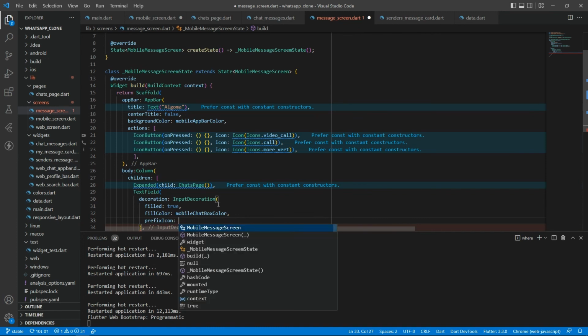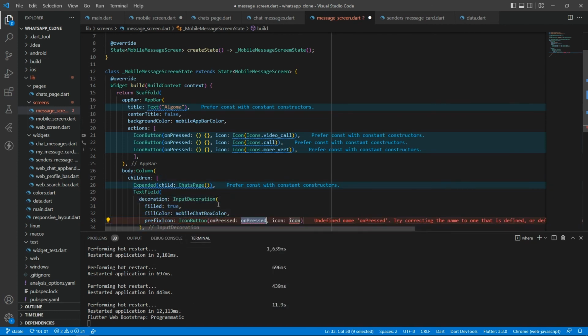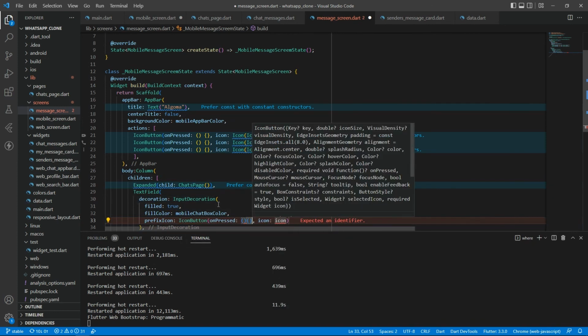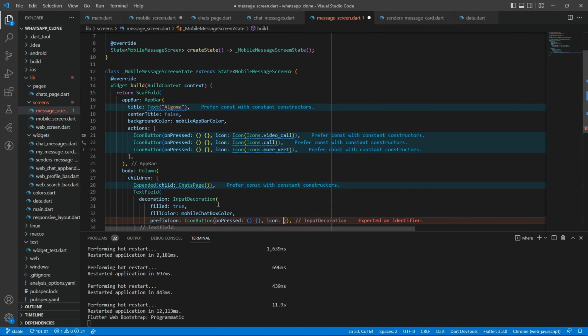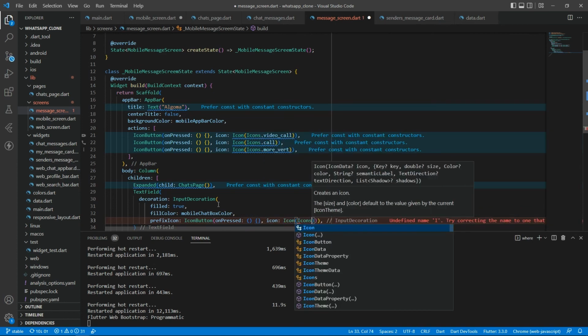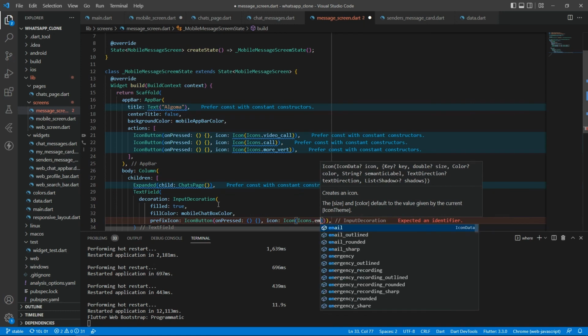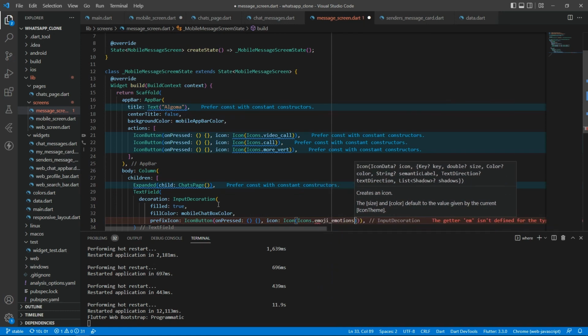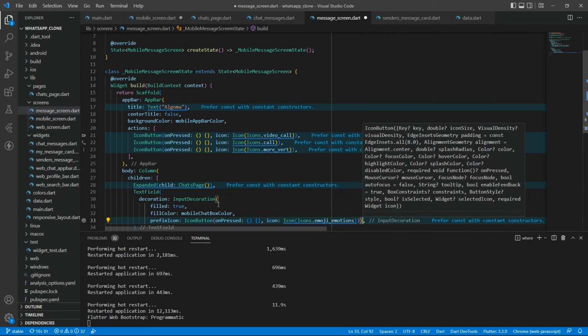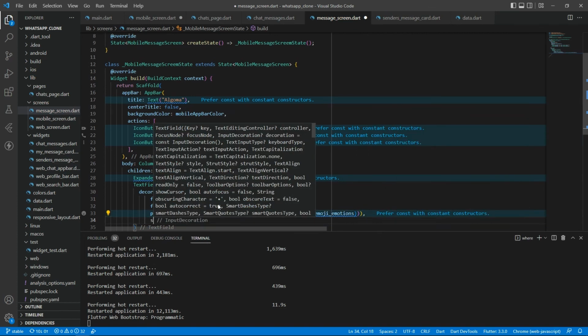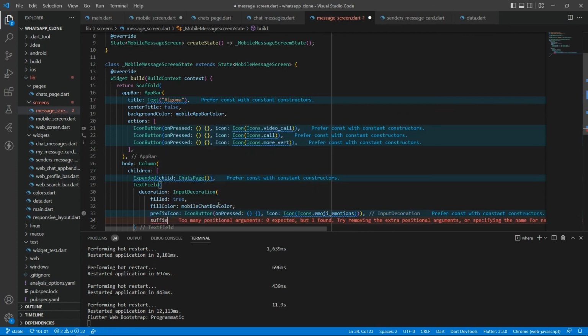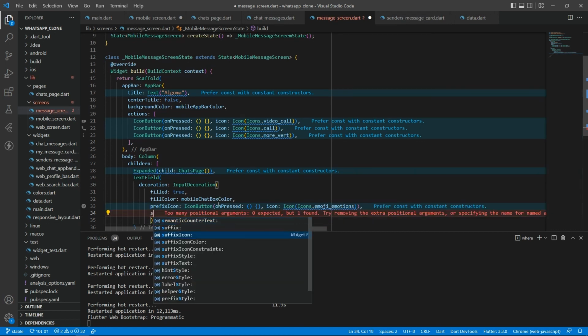Okay, so next thing we want is the prefix icon. So in the prefix icon we want to show an icon button. The icon button will not have anything in the on press, but it will contain icon, and the icon will be icons.emoji_emotions, and the suffix icon will be, okay, my bad, in the input decoration I'll have to give the suffix icon. So the suffix icon will be